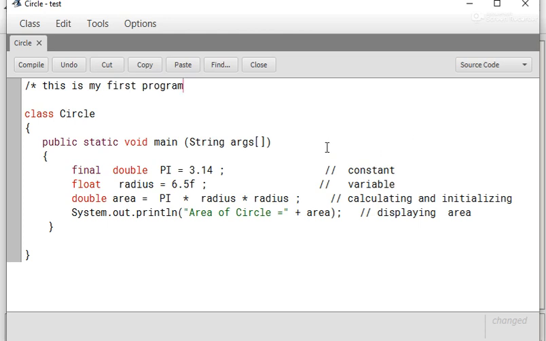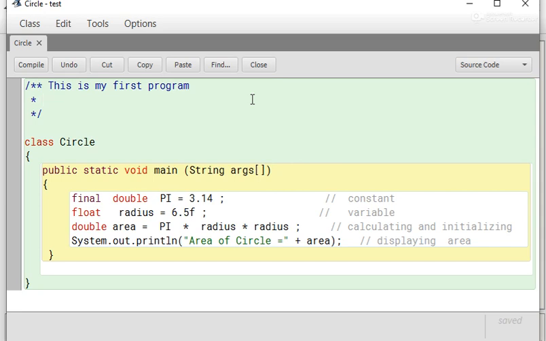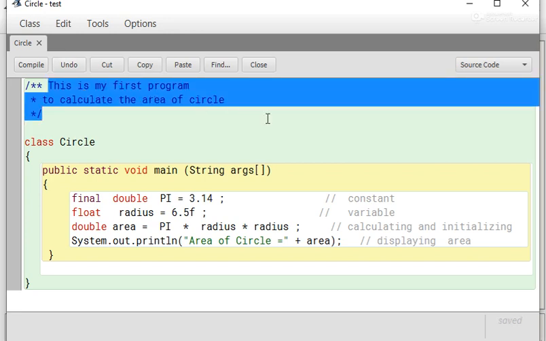You can write multiple line. In second line you can write like to calculate the area of circle. These all lines are known as comment and in your examination it is compulsory. It holds 20% marks of your program.